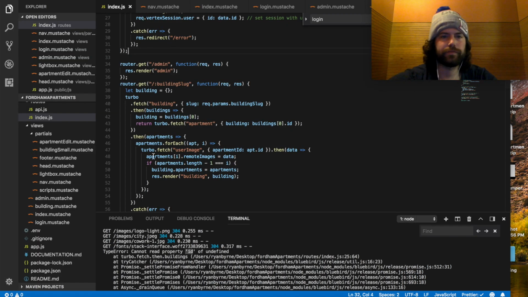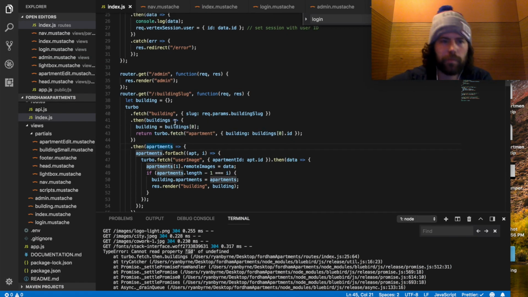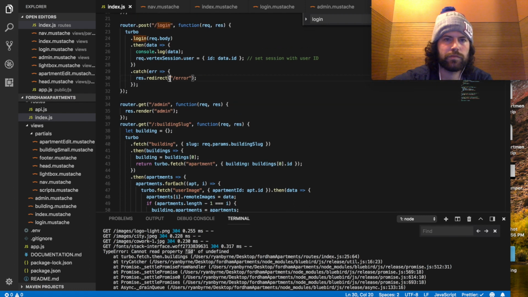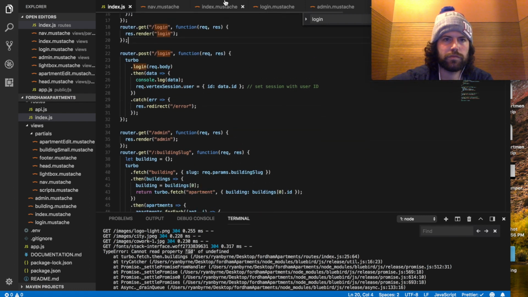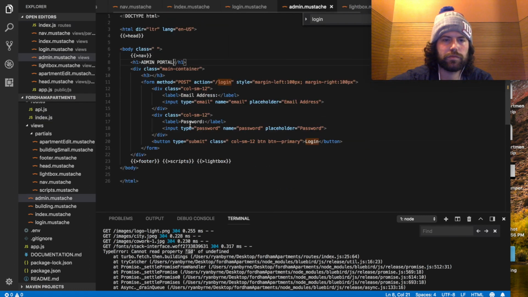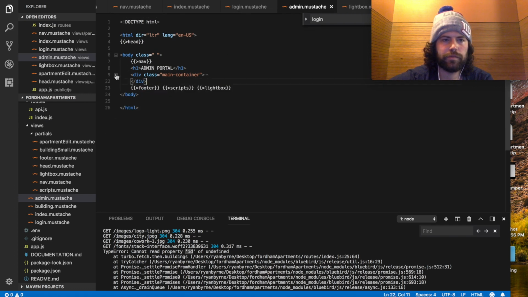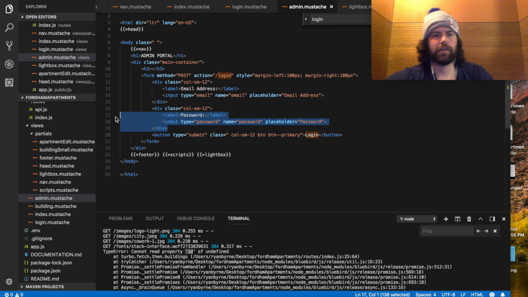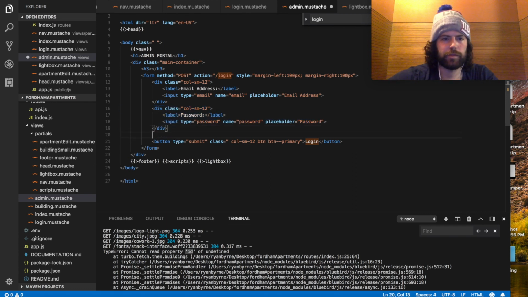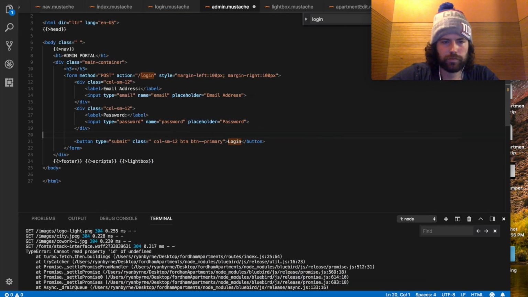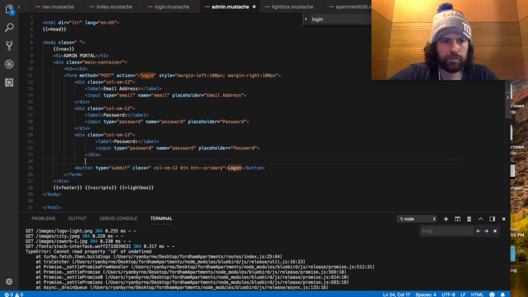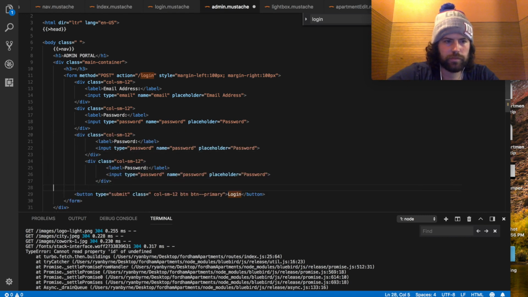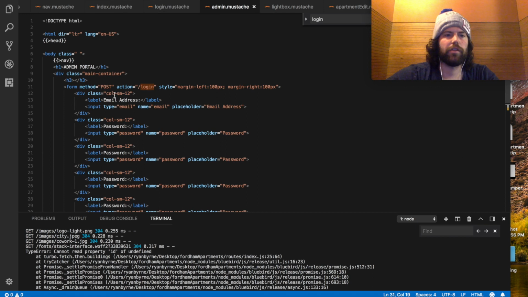And okay, let's give some more attributes. Okay, so